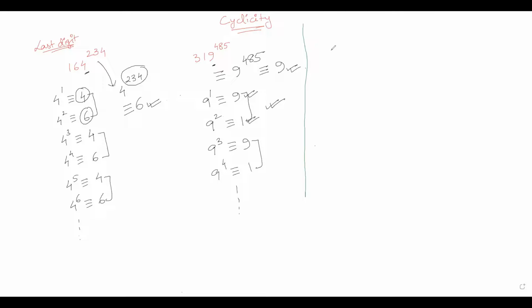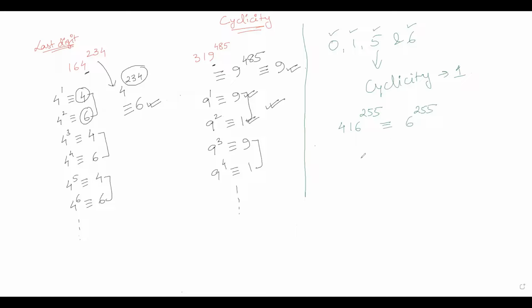Now the higher powers of numbers ending with 0, 1, 5, and 6 has a cyclicity of 1. So what does this mean? This simply means that the higher powers of numbers ending with 0, 1, 5, and 6 will have the unit digit as 0, 1, 5, and 6 respectively. For example, say if I want to find the last digit of 416 raised to power, say 255. Now the last digit of 416 raised to power 255 would be same as the last digit of 6 raised